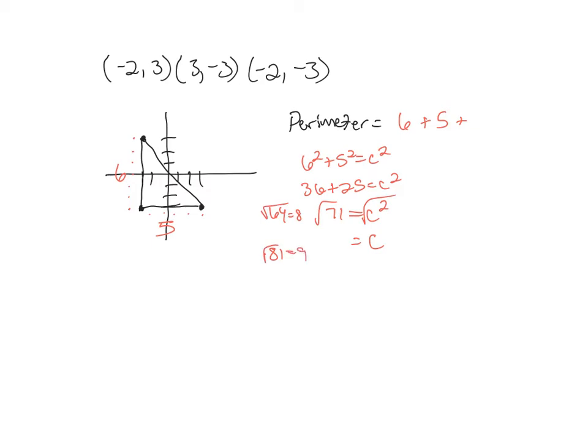So it's probably going to be like 8.4. And as long as you're within like, if you said 8.3, you're fine. Okay, it's actually probably more like 8.3 now that I think about it, but as long as you're 0.1 off,